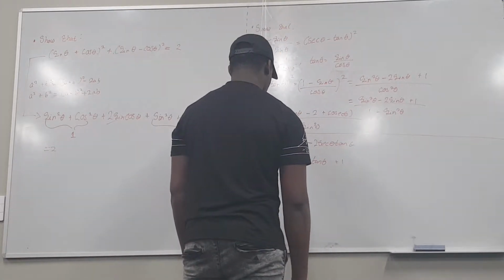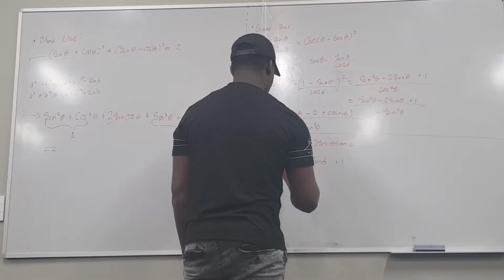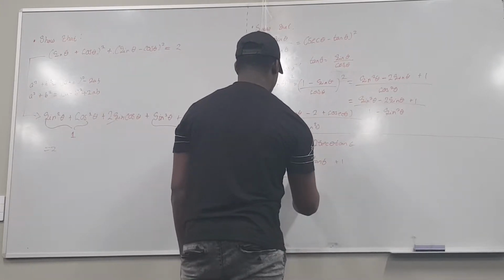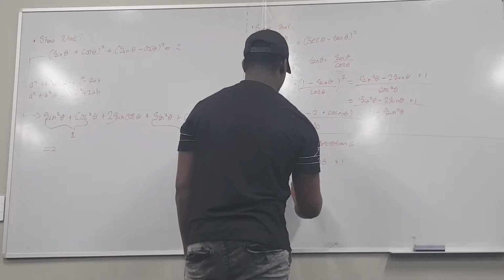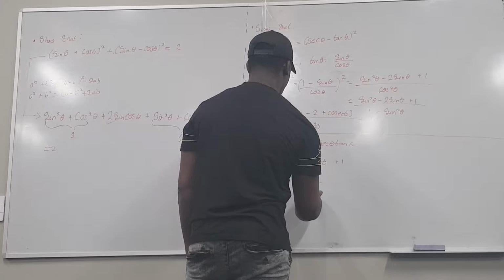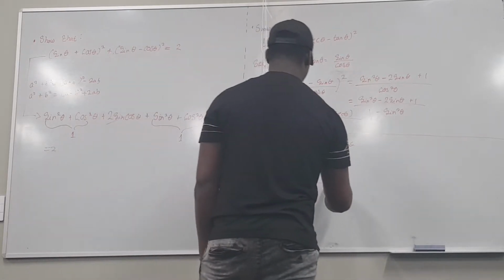Minus 2, got a 2, yeah, 2 sine theta divided by cosine square theta. I hope you can see where the cosine square theta is coming from. It's coming from the fact